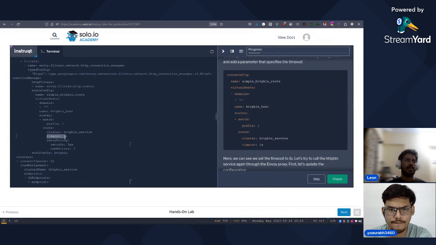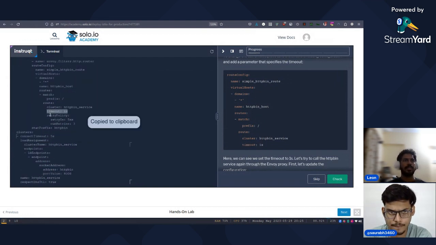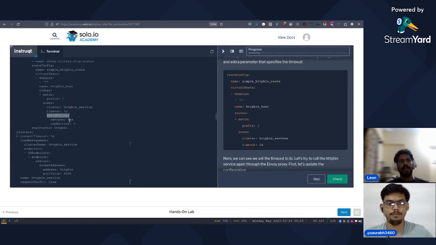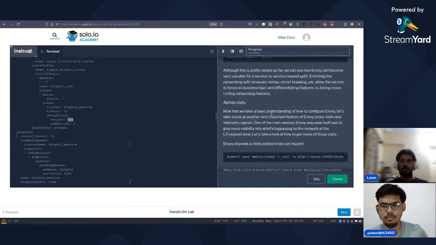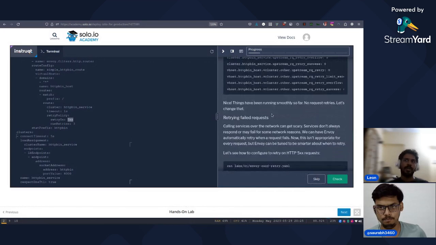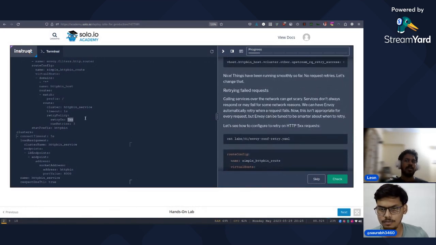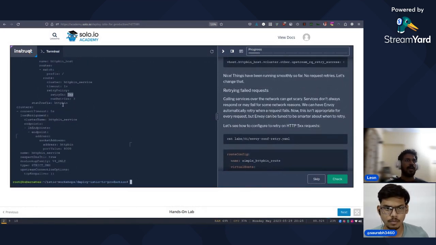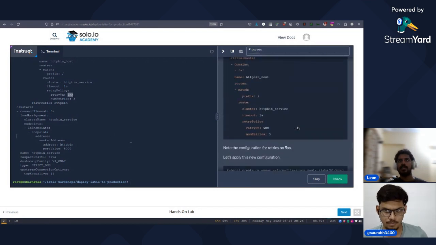Now with this timeout, I can also configure a retry. So for example, my upstream has timed out. That's a 504 gateway timeout error. So I can retry on 5xx. I can retry on a lot of things. There's a whole Envoy document that will tell you what you can retry on, right? So, for example, now I have a retry on 5xx. If I apply this,